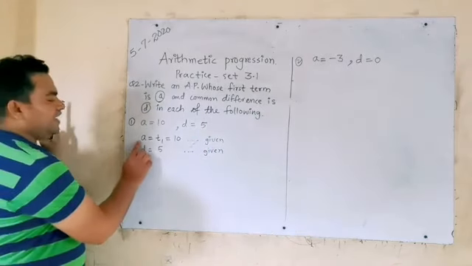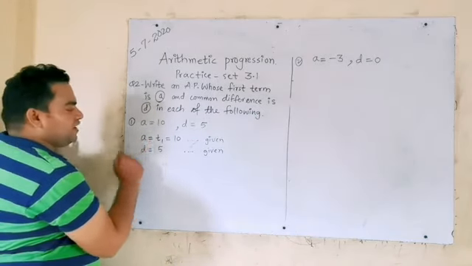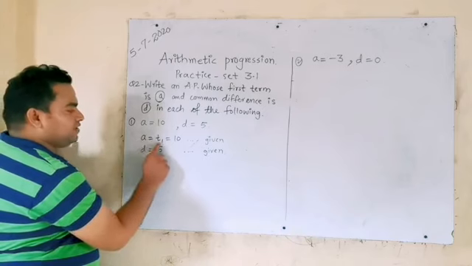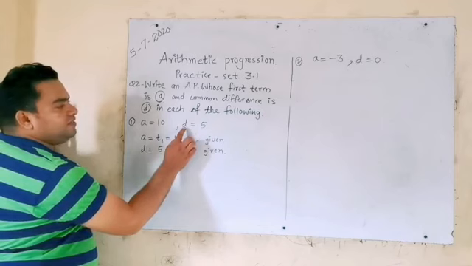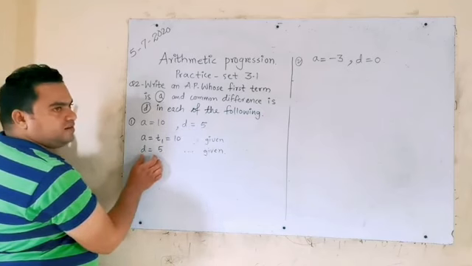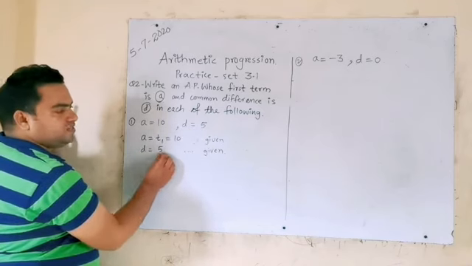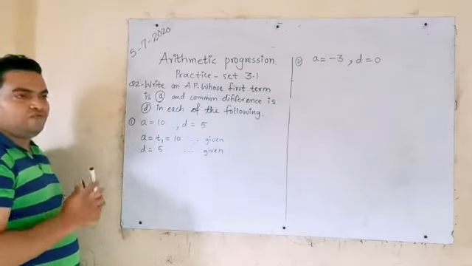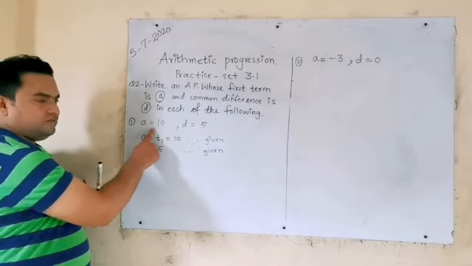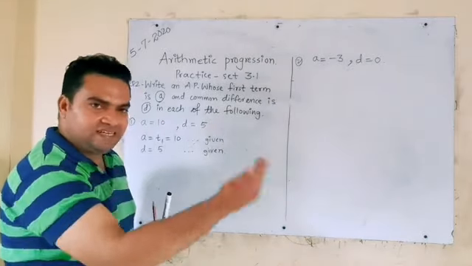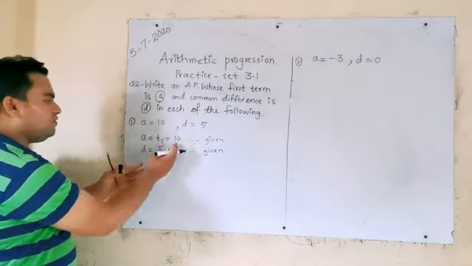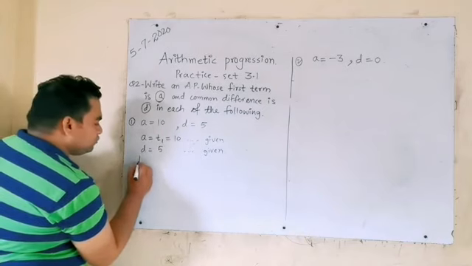We know that a is the first term, therefore I have written a equals T1, the first term, equals 10, which is given here. Here d equals 5, meaning the common difference is 5, that is constant, which is also given. So what do we have to find? We know T1 now, that is 10. Now we have to find T2, T3 and T4, right? T1 we already have as 10, so now we have to find T2.